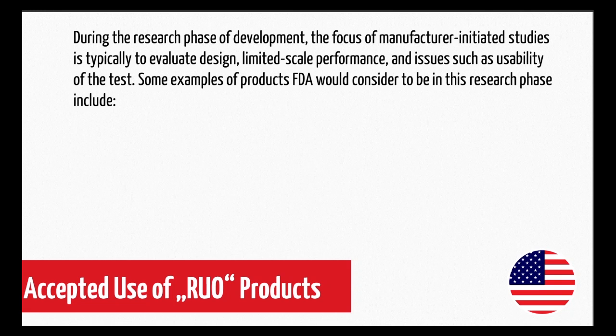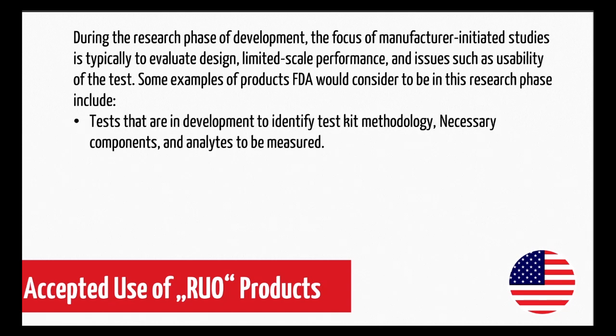What is accepted use of research use only products? As we have no such list in the EU available, I will show you what is defined in the US so far. During the research phase of development, the focus of manufacturer-initiated studies is typically to evaluate design, limited scale performance, and issues such as usability of the test. Some examples of products FDA will consider to be in this research phase include the following: tests that are in development to identify test kit methodology, necessary components and analytes to be measured,